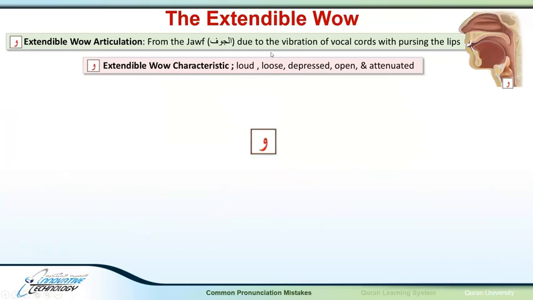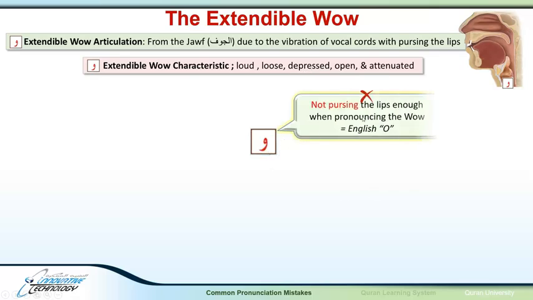Now the vowel waw, again, is articulated from the jawf due to the vibration of the vocal cords with pursing of the lips, and it's characterized by being loud, loose, depressed, open, and attenuated. The first mistake is not pursing the lips enough when pronouncing the waw, so it ends up sounding like the English O. An example is تعلمون, while the correct way of pronouncing it, as we hear it from